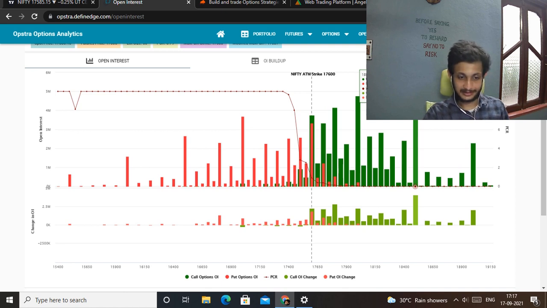Okay, this is not created by the sellers, this is a buyer created thing. You can take a position right here and your risk will be diminished. You will be much less prone to risk, but the profit that you make will be negligible, because at such a high distance strike, it is impossible to make some profit out of selling, because